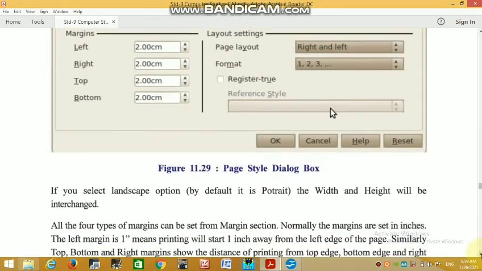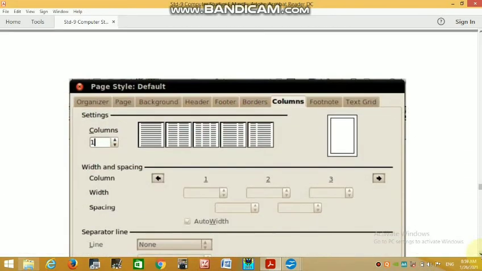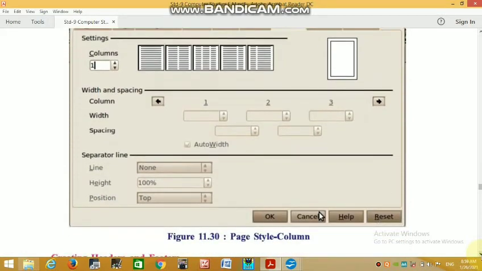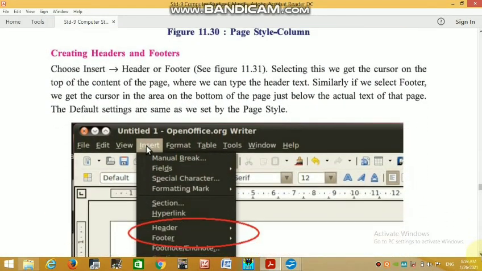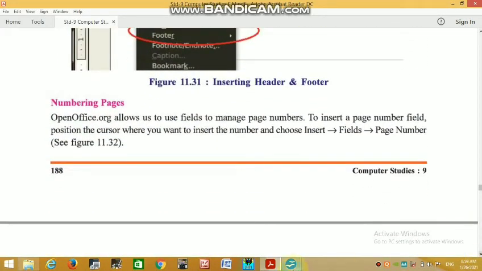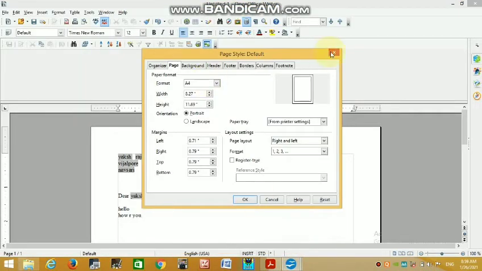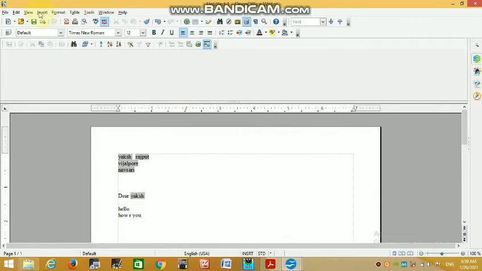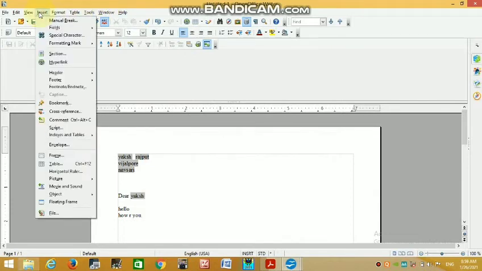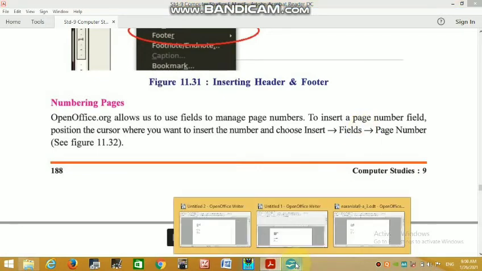See this background, header, footer, column. We can divide our page in column also. Header, footer, you can make numbering page, insert field number. If there is more than one page, you can also give insert fields page number.